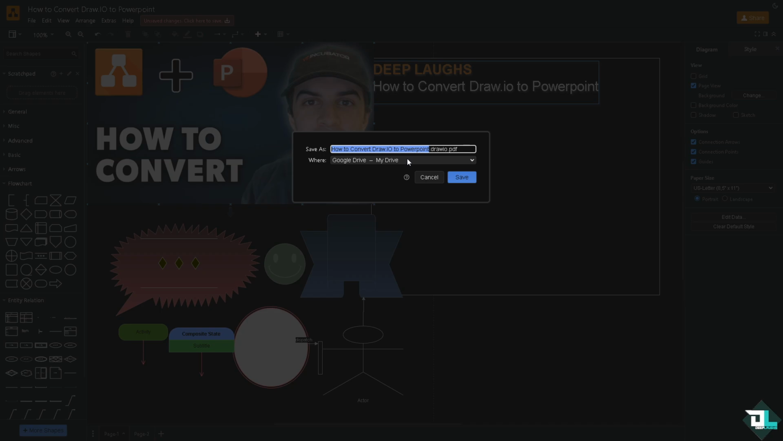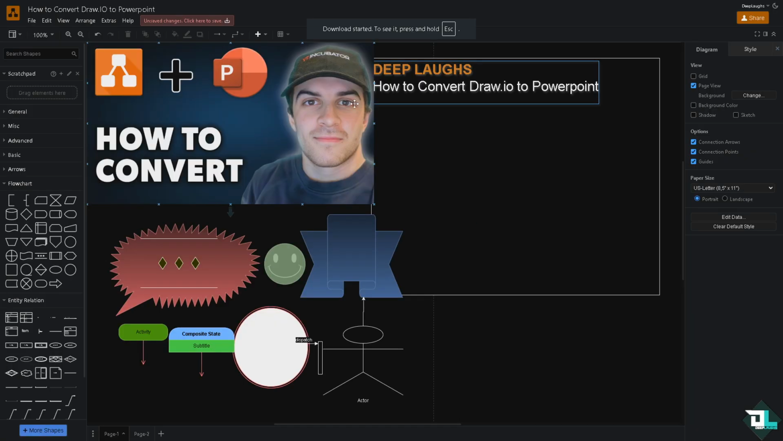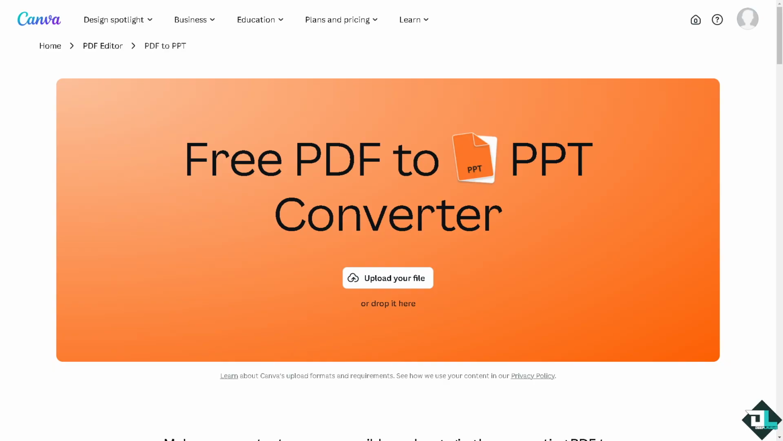Now, you have multiple options here. You can use your Google Drive as your storage option, or you can use your OneDrive, Dropbox, GitHub, and GitLab. But instead, I'm going to click the download button. I'm going to save it to my computer instead. Once the file has been downloaded, now, what I'm going to do is, I am going to be using a